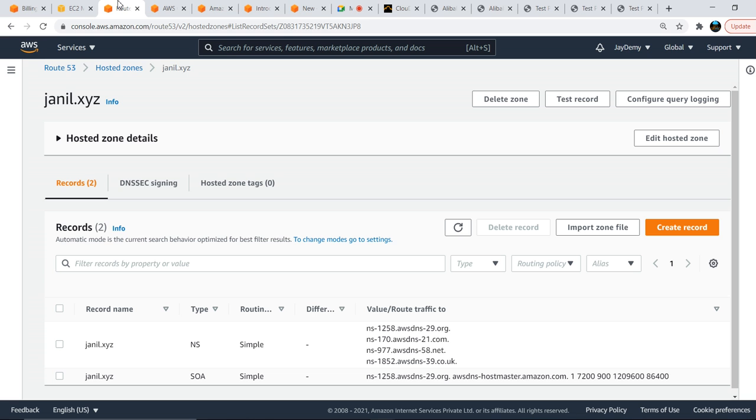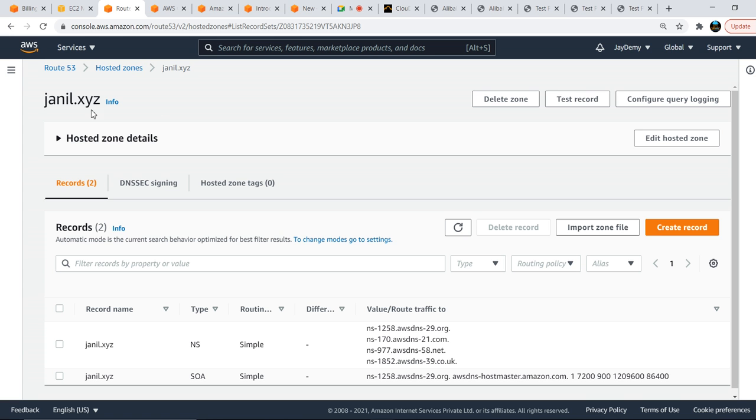But if you see in AWS Route 53, I have created this hosted zone. A hosted zone is nothing but this: I don't have a domain in AWS, but I have my servers running in AWS, and the load balancer also belongs to AWS. Those guys don't know what this load balancer or these servers are.